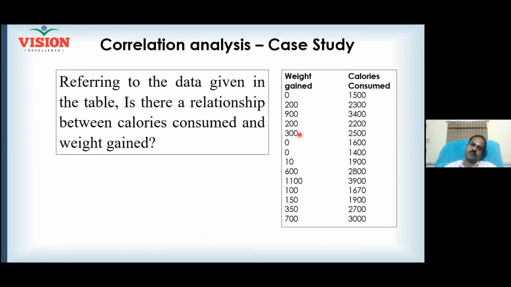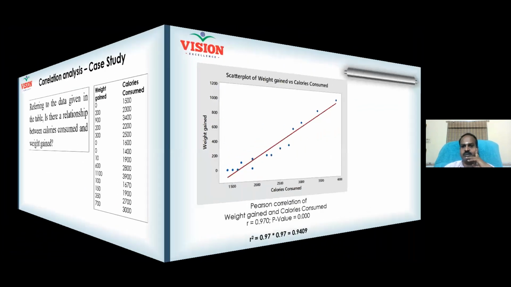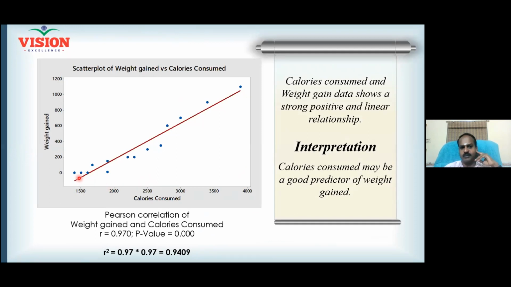Right. So we have a set of data here, the energy consumption X variable and the weight gain Y variable. Now we are going to plot a scatter diagram. So the scatter diagram is plotted, and the dots are going like this. And I have drawn a regression line. Now what do I understand? What kind of relationship is it? Is there a linear relationship or not? Partially, yes, it exists. And what is your opinion? Is the relationship strong, moderate, or weak?